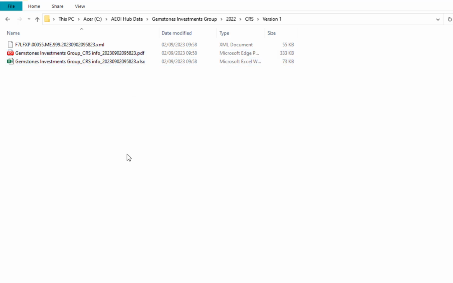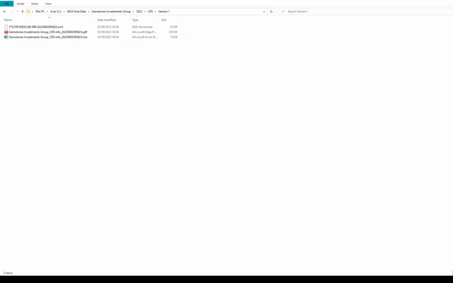Note that the file name for the management report is also the organization name as entered, and then we've got CRS info and the timestamp when that was created.